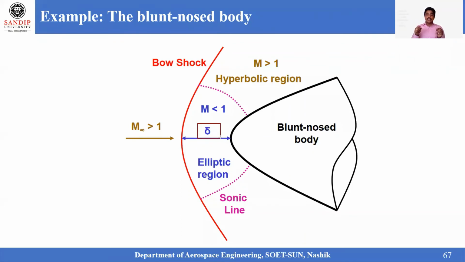But when you go to higher speeds, as your Mach number is inversely proportional to the delta, as your Mach number increases, this delta will become very small. The delta thickness may range around 2 mm at supersonic speed, around 1 mm at hypersonic speed, or less than 1 mm also. But its influence changes a lot of characteristics.